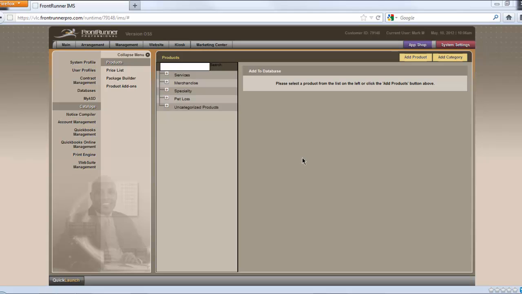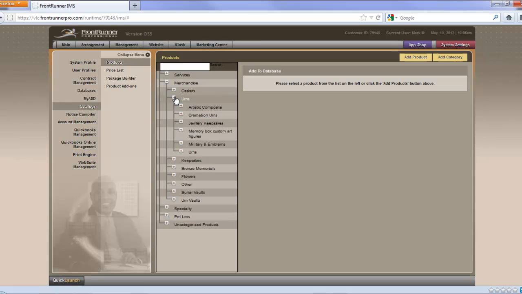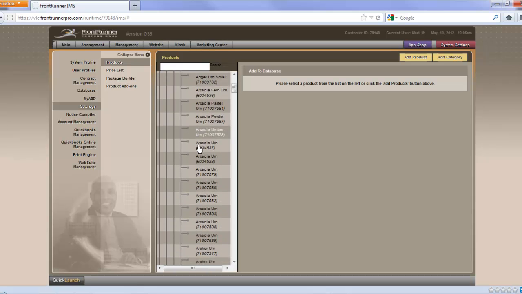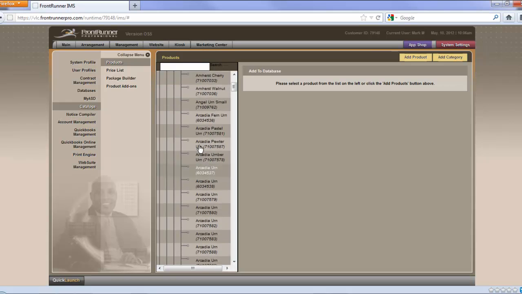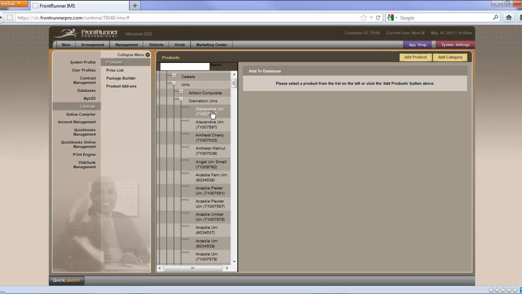Now to edit a product, in any one of these sections, just click on the plus sign, and that will open it up. You'll see in our merchandise section, caskets, urns, keepsakes. Then we'll go down to urns, and we'll go to cremation urns. This will list all the items that have been installed in your system. If you're a Matthews customer, these are automatically inserted for you. If not, you'll have to add your own products, but we'll get to that in just a second. You'll see that if you click on an item,